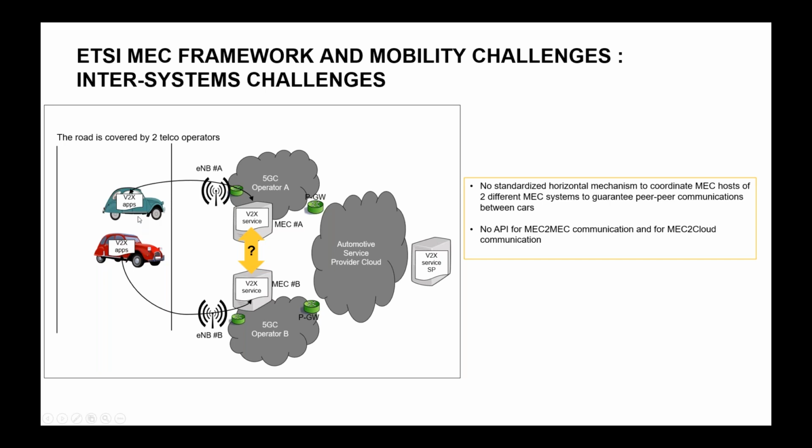A see-through is a session where the blue vehicle will request the red vehicle to provide its video. So what does its onboard sensor see? By this means, the blue vehicle can know whether it can safely initiate an overtaking maneuver. For that purpose, it's clear that you need to establish a peer-to-peer communication between the blue and the red,